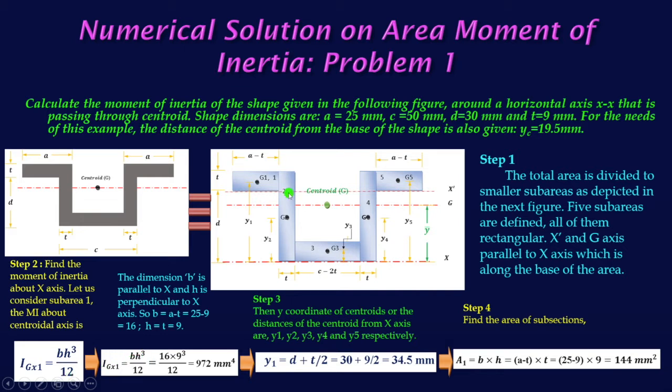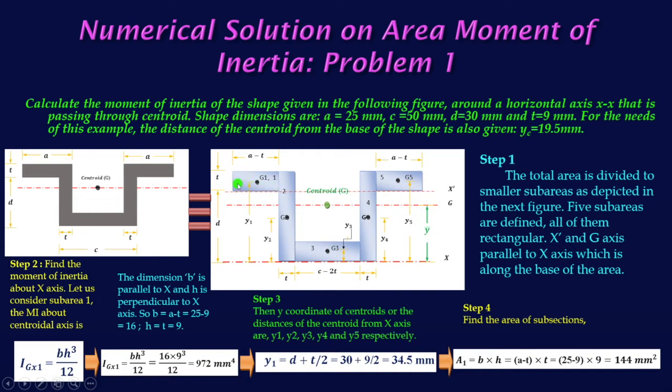Now substitute the value of b. Here I have told you that b means parallel to the axis and h means perpendicular to the axis. So here is the axis Gx1. x1 is parallel to the x-axis and passing through the centroid. In the suffix Gx1, G means the axis is passing through the centroid, x indicates the axis is parallel to the x-axis, and 1 indicates this is for section 1.